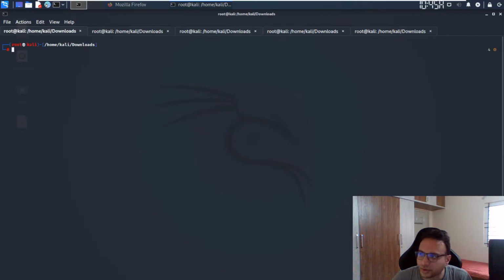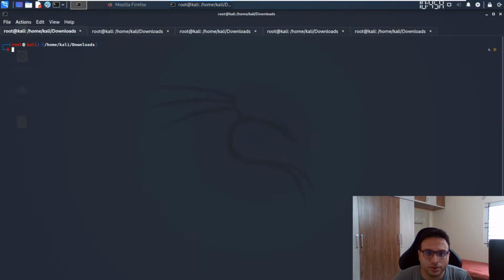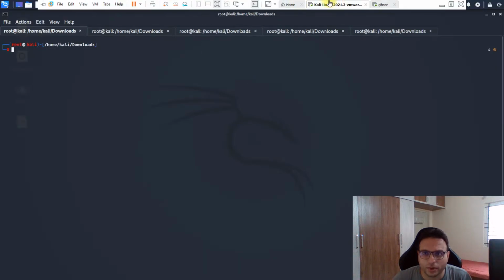So first of all, we have to check where exactly we can find this vulnerable machine. This is the URL from where you can download that vulnerable machine. Once you download it, you simply have to import it in your virtual workstation, and then change the NIC card, so that the attacker machine is on the same pool network itself. Okay, once you're done with it, I already did it on my system, and now we'll begin.